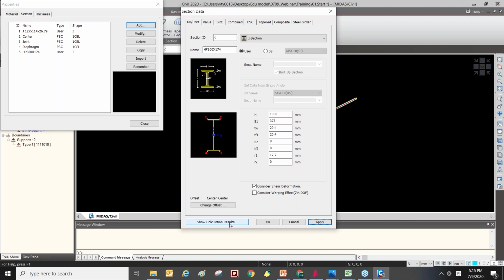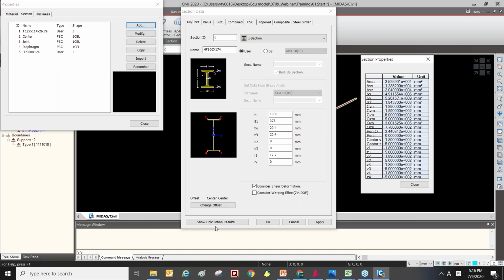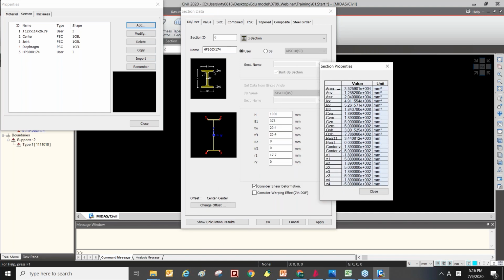It is important for the analysis. So you can see the section properties here, show calculation ledgers. This option shows the area, second moment of inertia, and other values like centroid position.